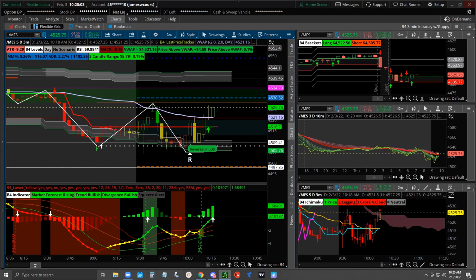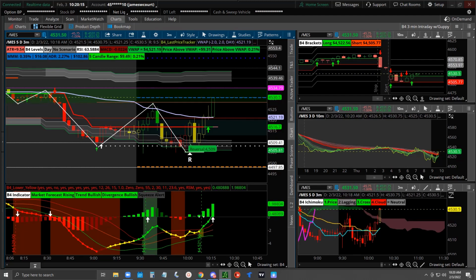Now, these zones, buy and sell twice. There you go. Okay, they're going for cup and cuppy to cup. So let's see. I think they're going to want to run the stops here.